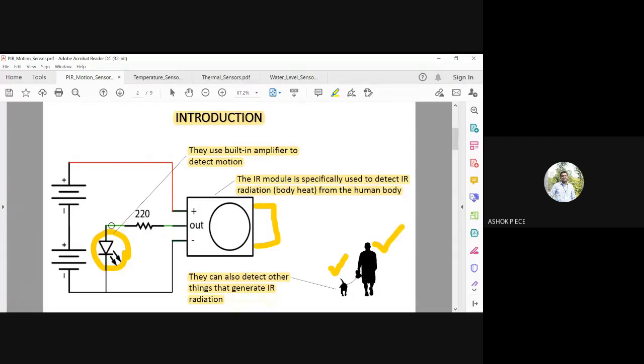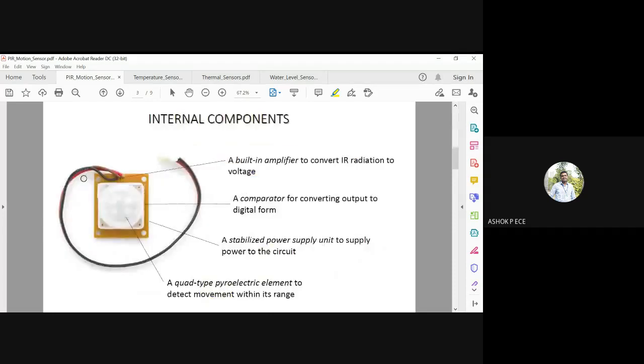Because if you directly connect the LED, the LED may burn because the current flowing from the output may be very high for the LED to withstand. So that's why they put a resistance to restrict the amount of current flowing through your LED. So it's a 3-pin device. Very simple. And this is available as a PCB board. So everything is soldered and available as a ready-made package.